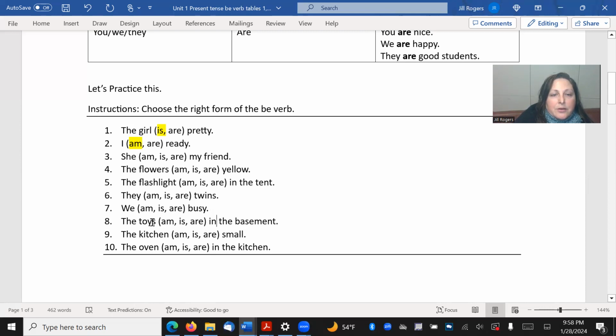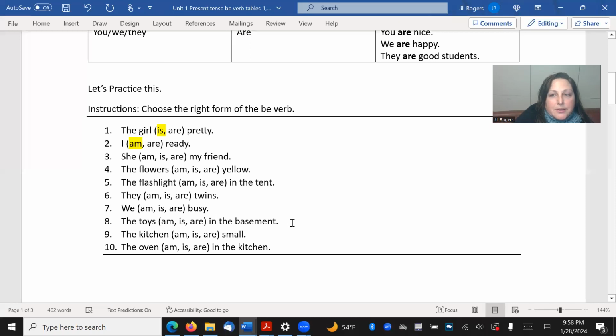Okay, and you know that plural, you can also think about it as, what pronoun could we use with this? So these are the pronouns, right? You, we, they. And they is a pronoun if you're talking about something plural, right? So you could say they